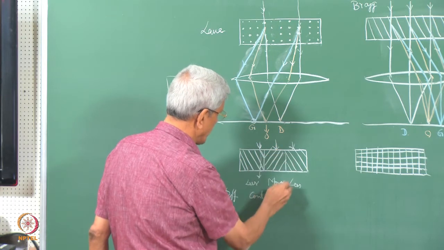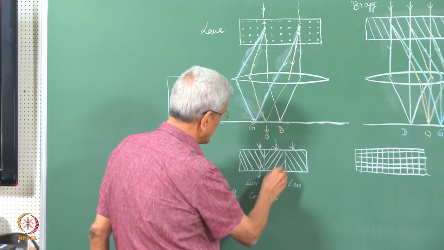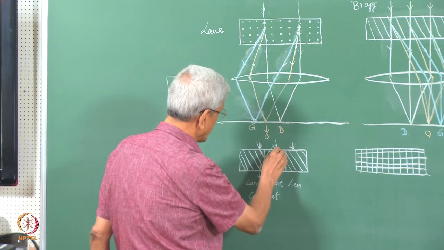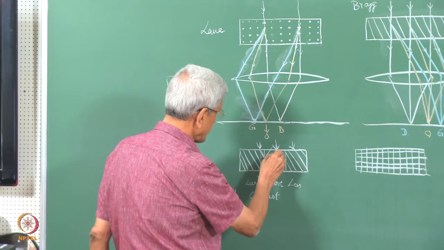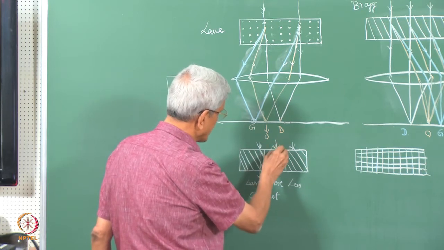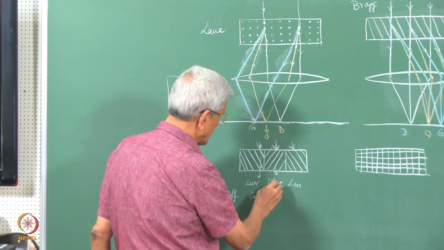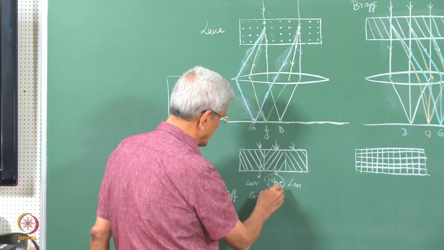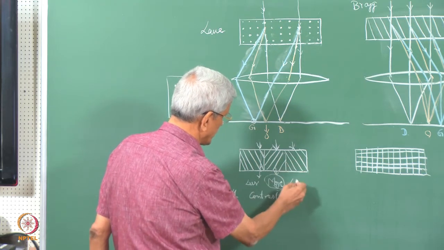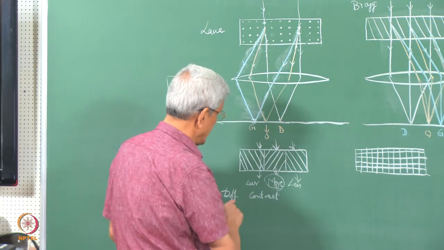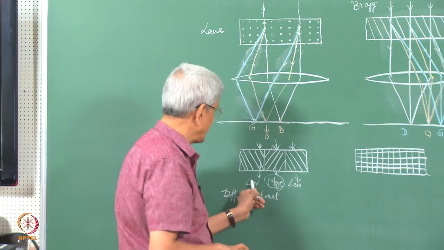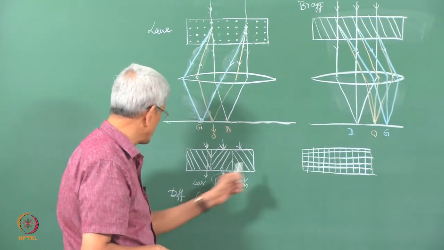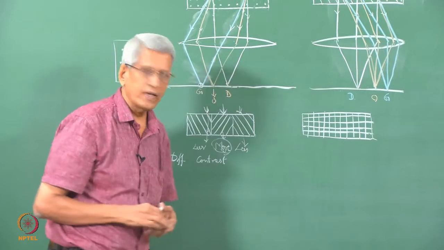In this particular case, the direct beam is not satisfying the Bragg condition, so the beam is not diffracted away. The scattering of the direct beam is less, because of which the amplitude of the wave reaching here is more, or the intensity of the transmitted signal is more. In this region, the intensity of the transmitted signal is less. So from region to region there is a variation in the transmitted intensity. This gives rise to a contrast, and this contrast we call diffraction contrast.